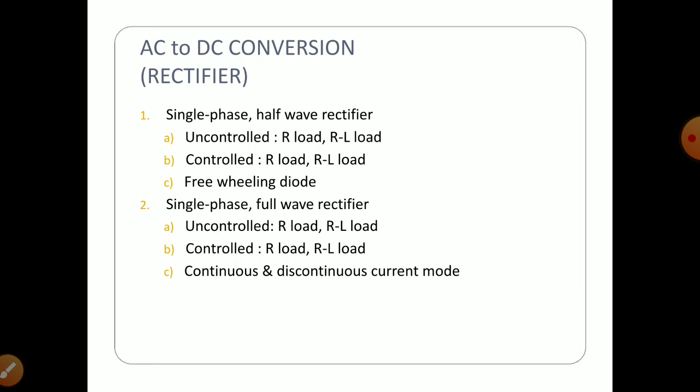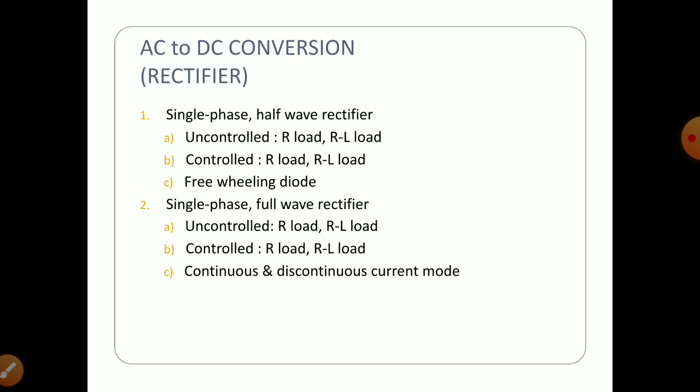So here, AC to DC conversion: the rectifier is an electronic circuit which converts the alternating current into direct current. AC to DC conversion, that is called a rectifier. The process of conversion of AC to DC is called rectification. Rectification is nothing but the process of conversion of AC signals to DC signals. In this rectifier we have single phase half wave rectifiers and